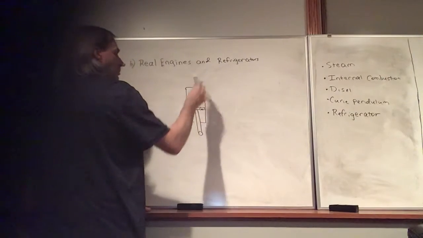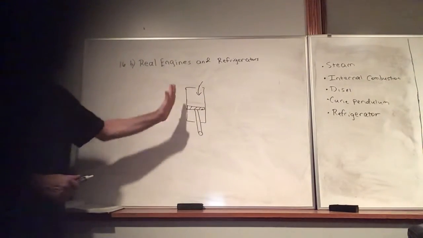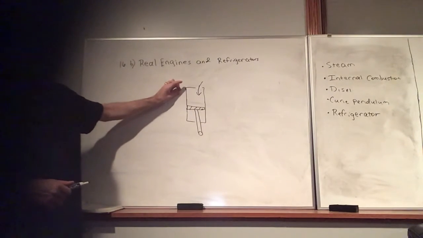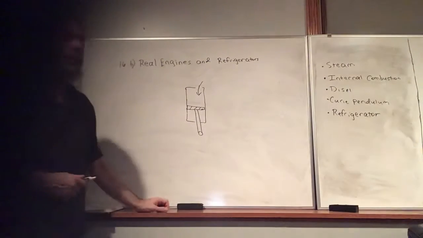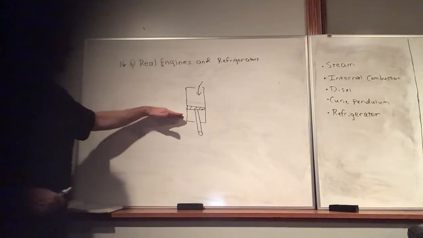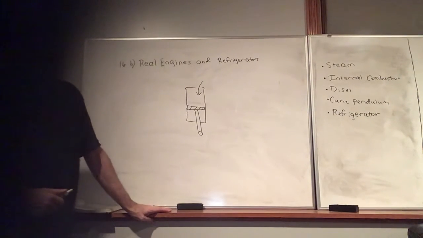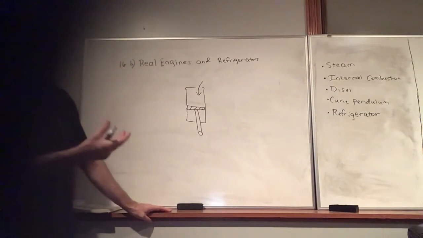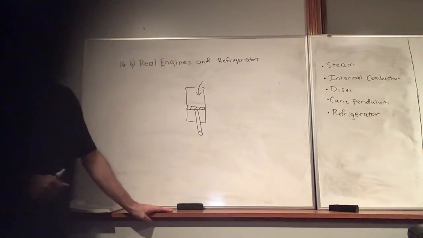So we put in the gas, and then we're going to compress it. So the piston's going to move up, compressing this gas. And then we have a spark plug that's going to ignite the gas, and that's going to force the piston down. And that's where the power comes from. So it goes up, compresses the gas and fuel, and then the spark lights it, forces the piston back down,